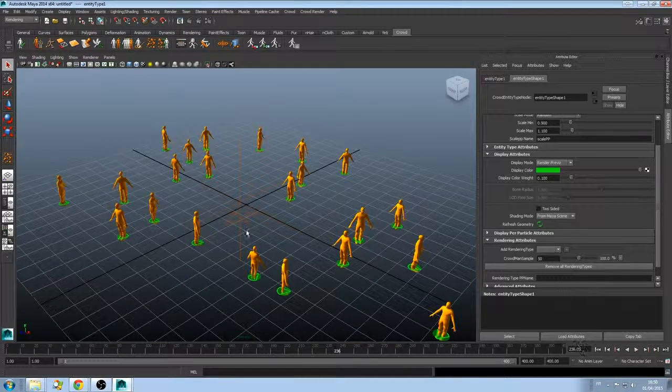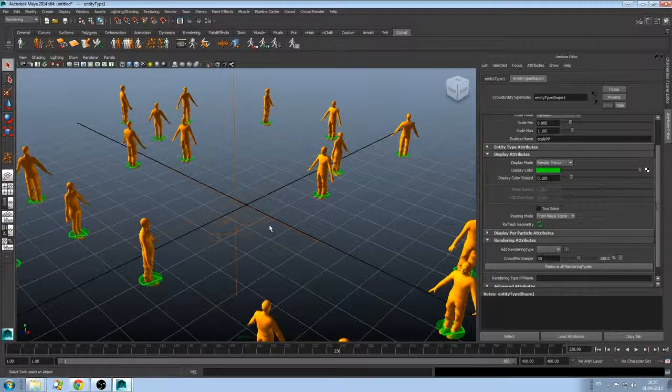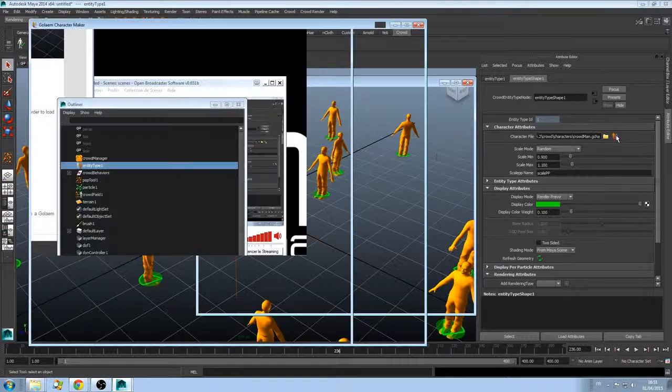You can see that the geometry was generated randomly based on the different assets which are in the samples, like short or trousers, for example. We will see this better when we load the shaders. Right now, our characters are all orange, which is the default Golaem Crowd shader. If you open the character maker,